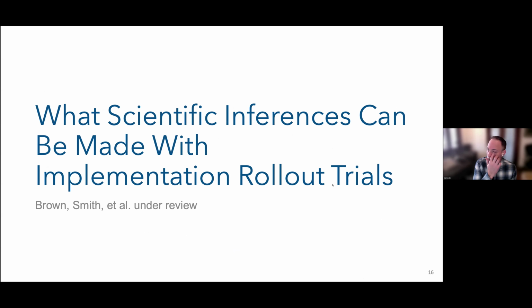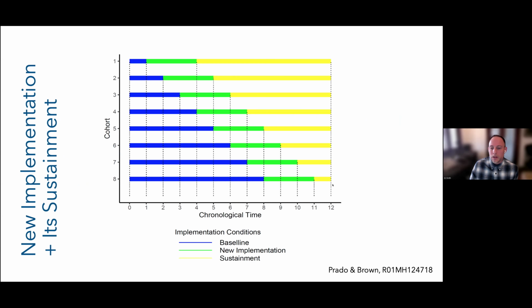So we have a paper that may not have actually been submitted yet, but it will be submitted in the next day or two if it's not actually already under review. It's a paper titled "What Scientific Inferences Can Be Made with Implementation Rollout Trials." And so I pulled some examples from this paper that was led by Hendricks Brown, and I was second author. So here's an example of a rollout design that looks a little bit like a stepped wedge, but